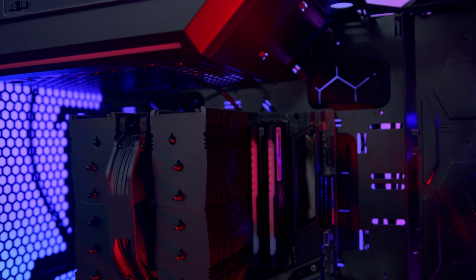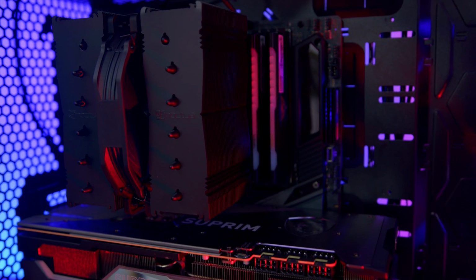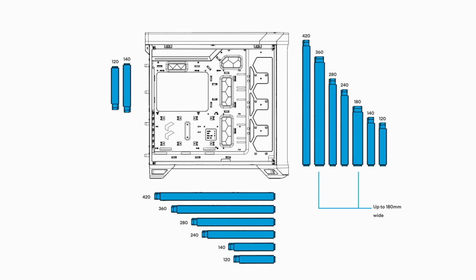The inside of the Torrent is extremely spacious, with room for up to E-ATX boards, as well as the largest GPUs and tallest CPU coolers. There's also plenty of space for water cooling, with room for up to a 420mm rad in the front and the same in the bottom. Obviously, if you are using both, thickness will come into play, though a single 420mm rad should be more than